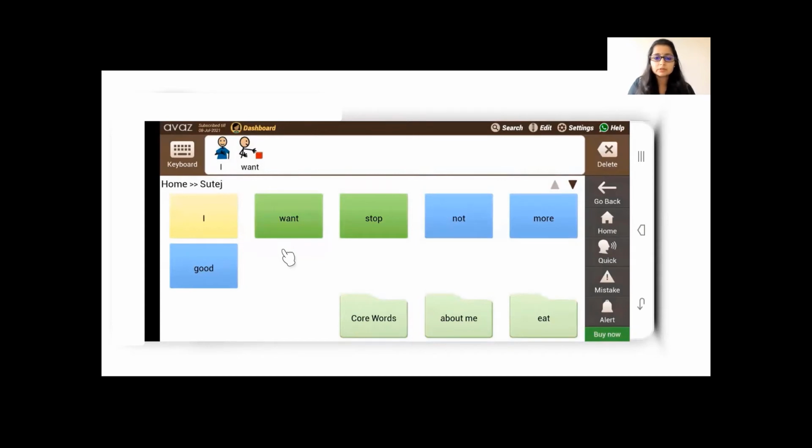So you can turn off the symbols, and you can turn off the symbols selectively for particular words as well. And in the other case, where the AAC user is an adult or elderly, and they don't want those pictures, this setting can be used for them as well.